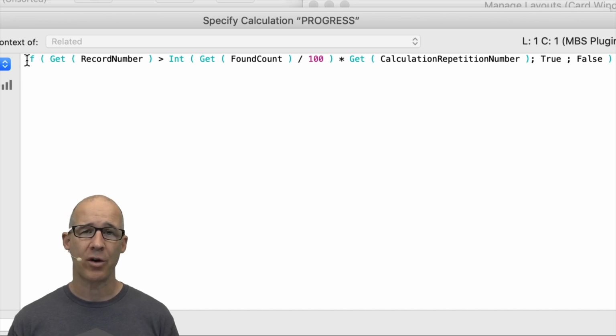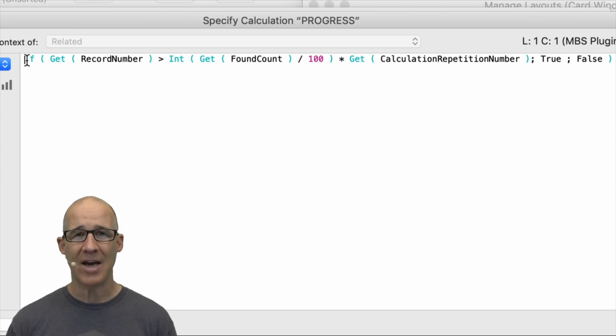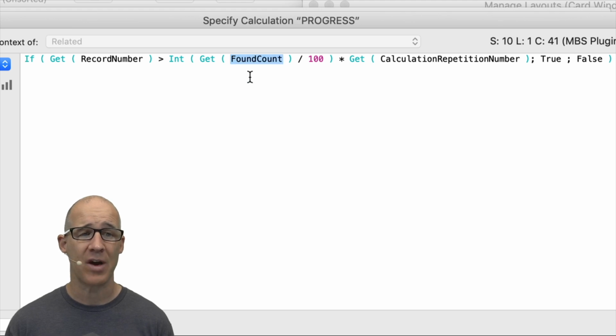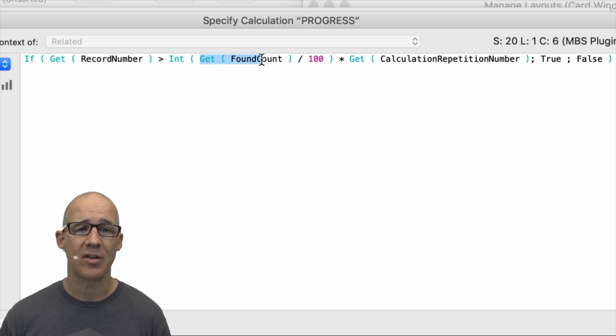When we are doing a record loop, all we are doing is taking into account the percentage or the amount of records as we get to each record relative to the found count. Now, we're not going to do it based on the total record count. It's going to be based on the found count. So what is that? That is simply looking at whatever current number you're on and then simply looking at the difference between a percentage